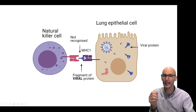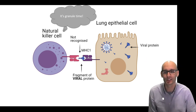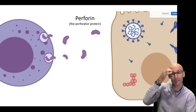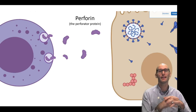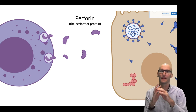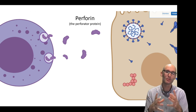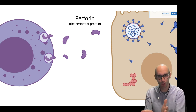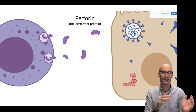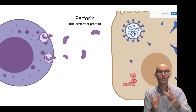So what will then happen is it's granule time. Basically, the natural killer cell is full of granules, and the granules will then fuse with the membrane of the natural killer cell, releasing the contents of the granules. Now, in the granules, it's a complicated mix of stuff, but one example of what's inside it is perforin. Perforin is a perforator protein, so it creates holes in the membranes of the